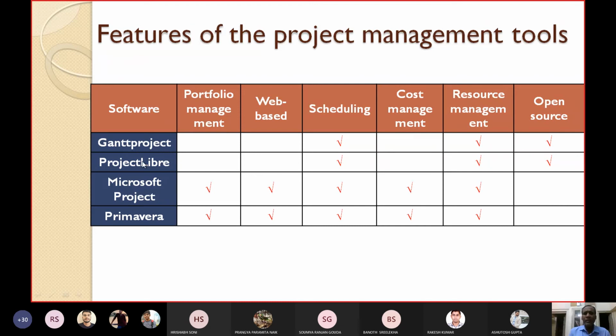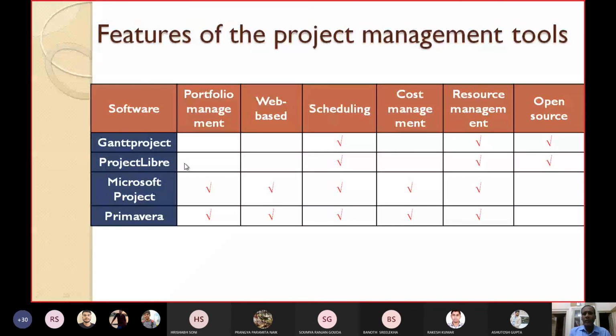Gantt Project is not a web-based tool. It does not support portfolio management. It supports scheduling. It does not support cost management, but it supports resource management, and it is open source software.